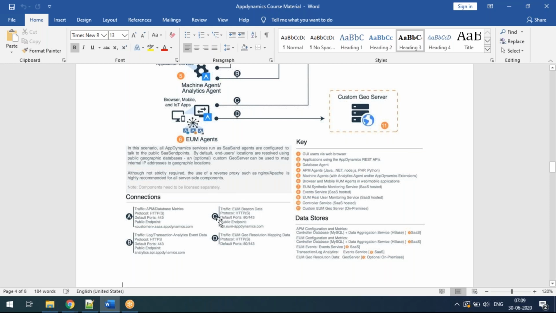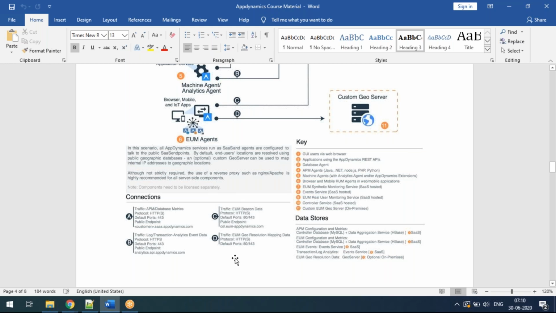Similarly, B is log and transaction analytics. It is communicating via HTTPS, the port number is 443, and the endpoint URL is like this. C is end user monitoring, the browser data. The protocol is this, the default port is this, and this is the default domain. D is geolocation resolution mapping data.